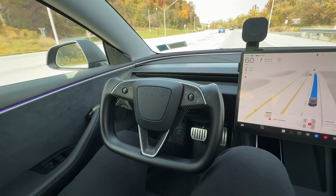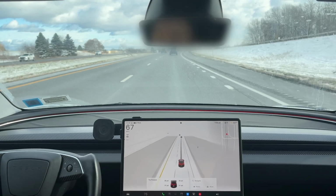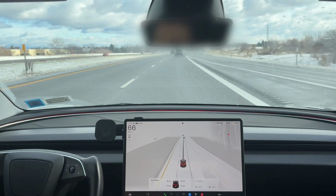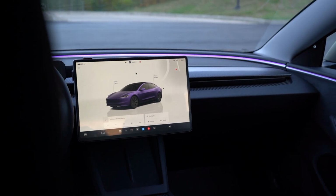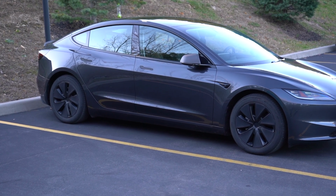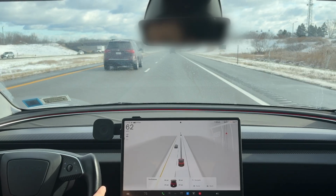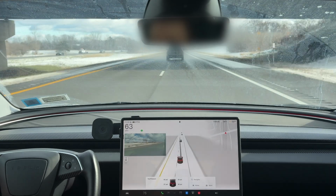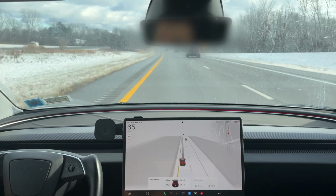Now, if I were to live down south where there was no snow, or in a place where I don't need all-wheel drive, I probably would have picked up the Long Range Rear-Wheel Drive. With that, you get about 20 more miles, like 363 miles at 100% range. That's the car I would recommend, and it's more affordable in price. But again, where I live, I think it's crucial to have the all-wheel drive model, and that's what I have right here. Depending on where you live, you go with the model accordingly. Northeast, where the winters aren't the greatest, you pick up all-wheel drive. Down south, or if you're on the West Coast or in Texas areas, then I would say pick up